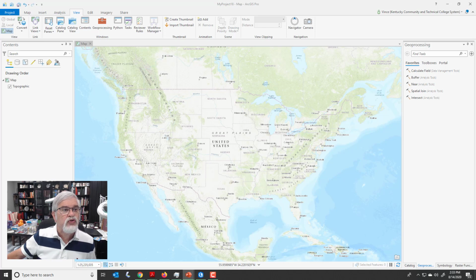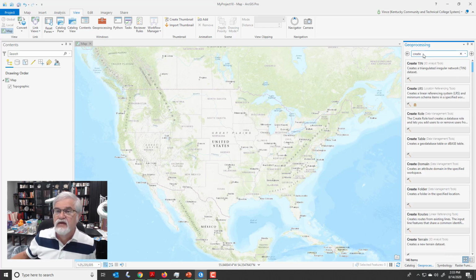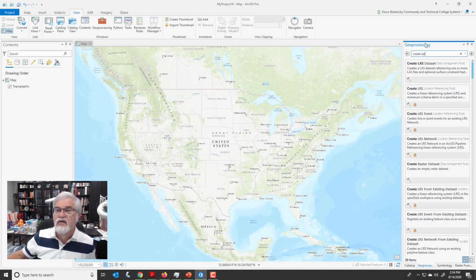So the first thing we're going to do is open the Geoprocessing window. The Geoprocessing window is under View. Then we select Geoprocessing, and notice this has opened up. There's the Geoprocessing window. And what we want to do is find the LAS data set that we brought in and bring it into our map. So we're going to type here create LAS data set,